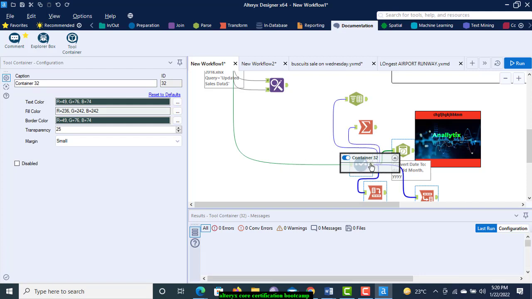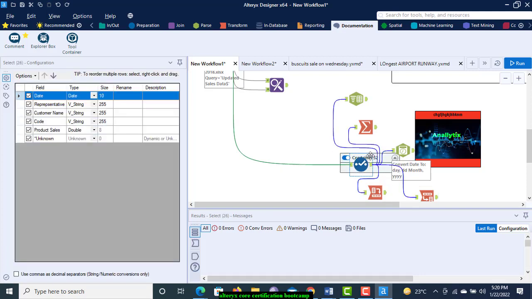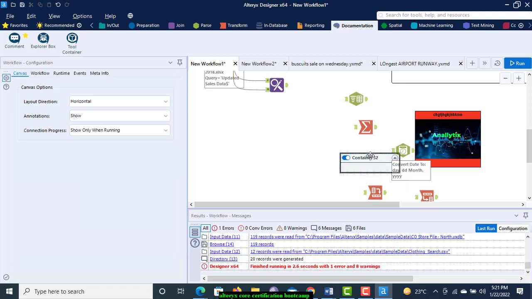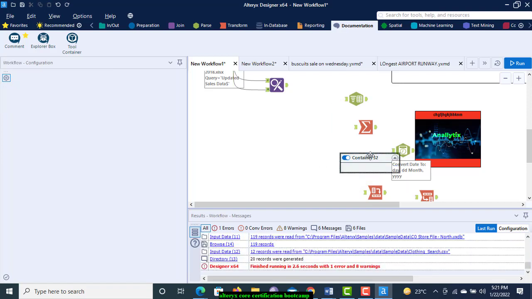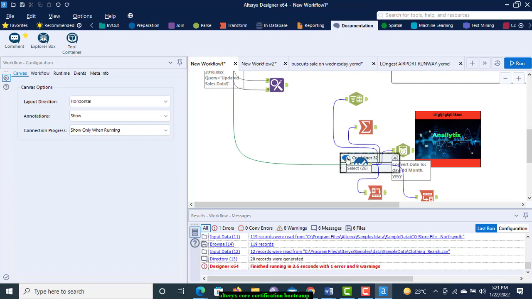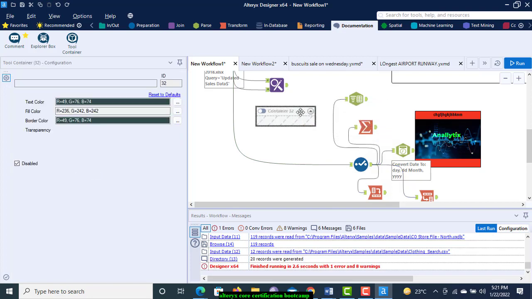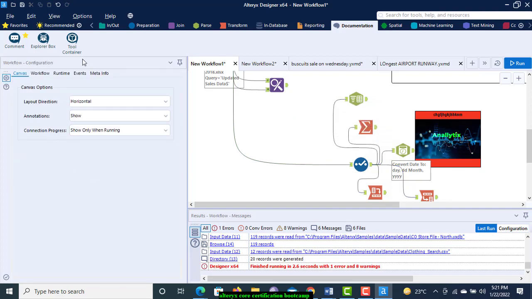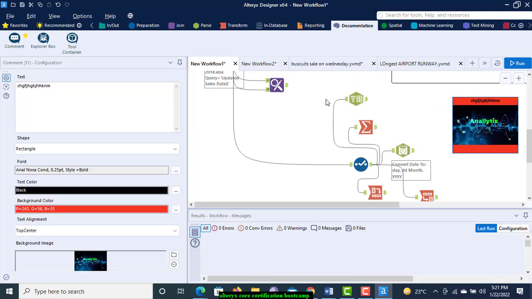The other way is, if I delete this. This is deleted. One thing you have seen: I just drag this here, and then put all the tools inside the tool container. The other way is I just